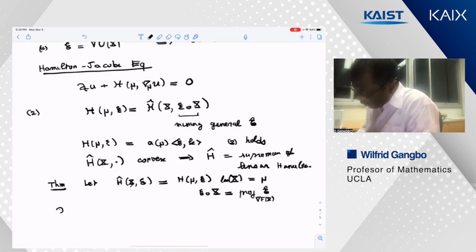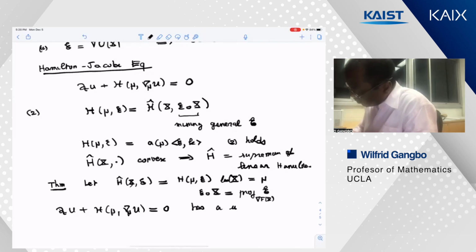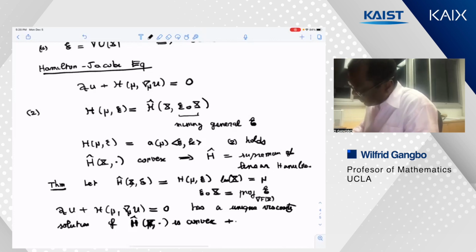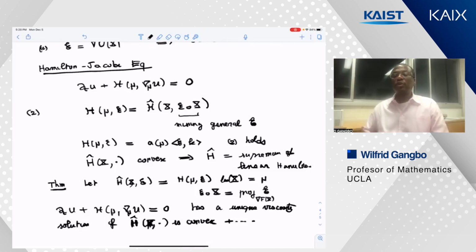Then when you study the equation, it has a unique solution, a viscosity solution, if this is convex, plus some standard technical conditions, which are the conditions you need to have existence and uniqueness of viscosity solution on